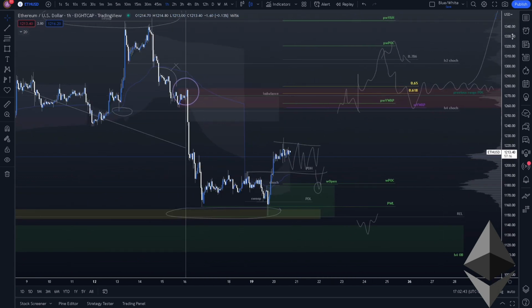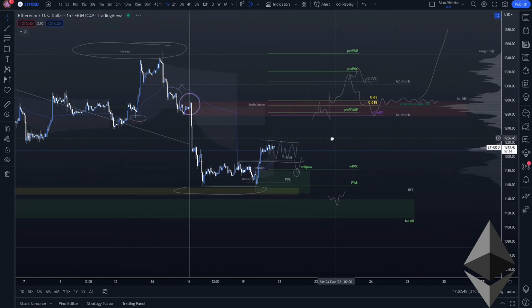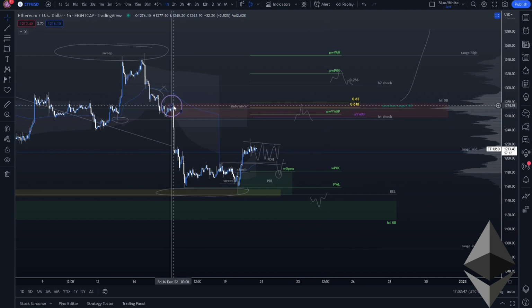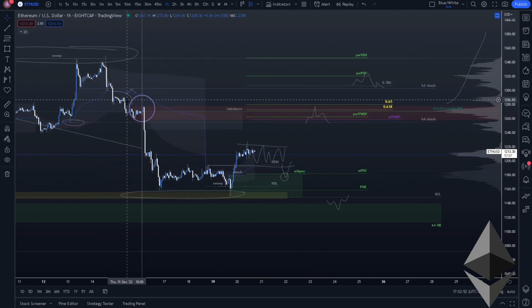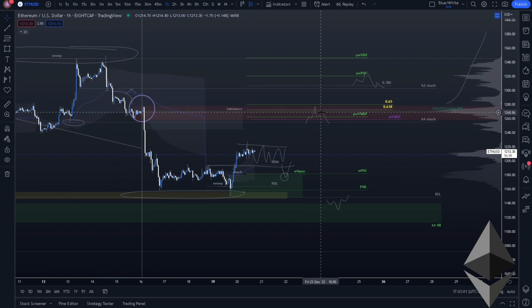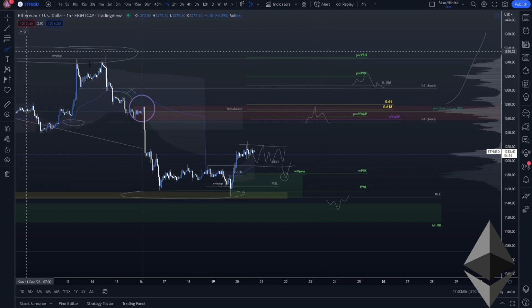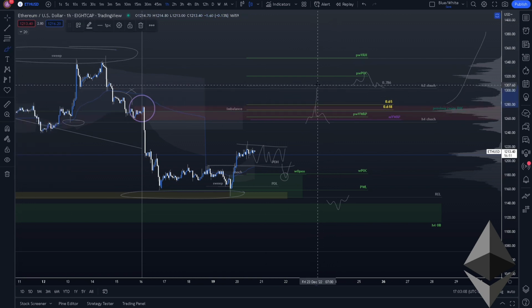So in terms of Ethereum, those are pretty much the only things. I did want to mention actually right here that these highs that I marked with this arc and this X, I marked because these are relatively weak highs. A lot of times weak highs will get taken out. So even if this is the point of reversal and we don't get a candle close, it's very, very possible that we get a candle wick coming up here to wick out all the liquidity up here.